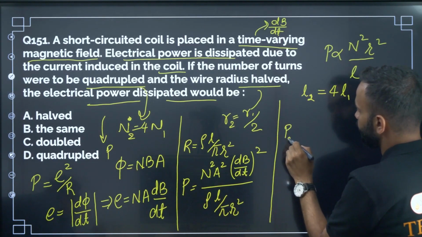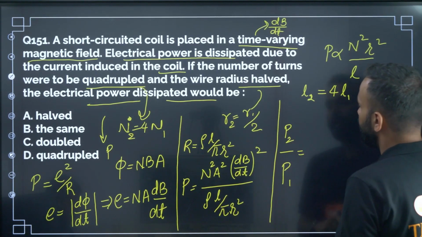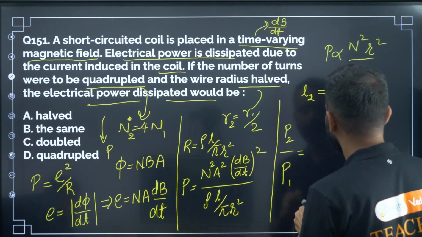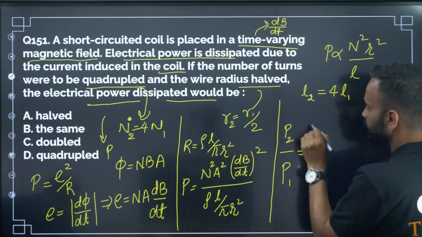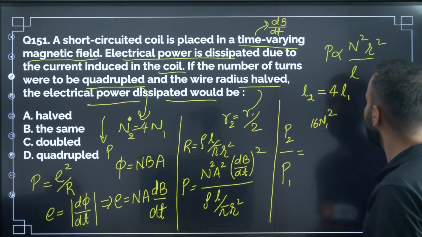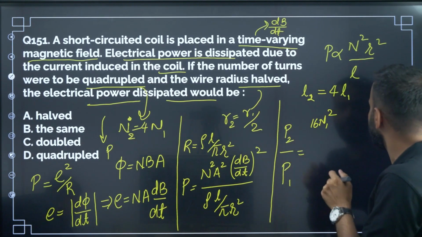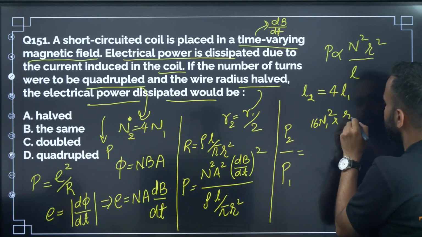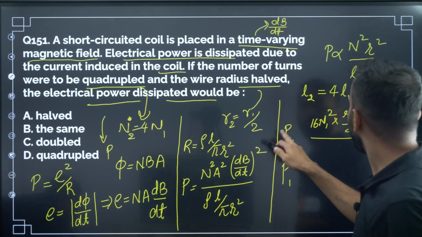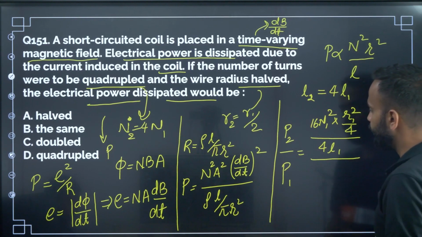So P2 divided by P1 is equal to, P2 is N2 square R2 square divided by L2, right? So N2 square is 4 times N1 square, that is 16 N1 square, right? And R2 square is R1 divided by 2 whole square. R1 divided by 2 whole square is R1 square divided by 4, whole divided by L2. L2 is 4 times L1, right? 4 times L1 whole divided by